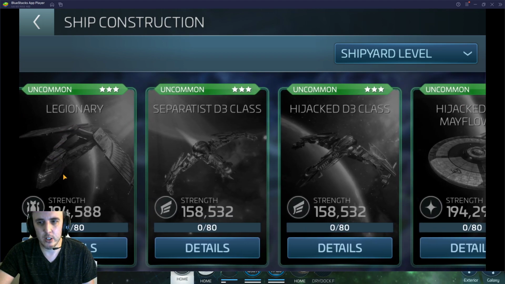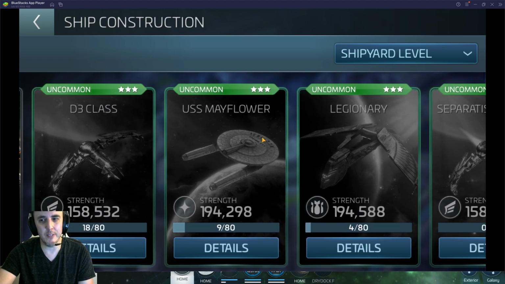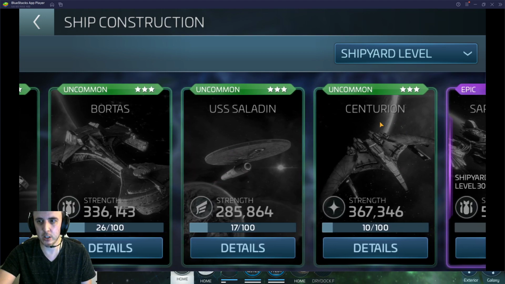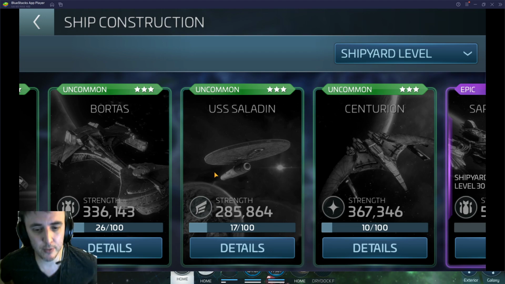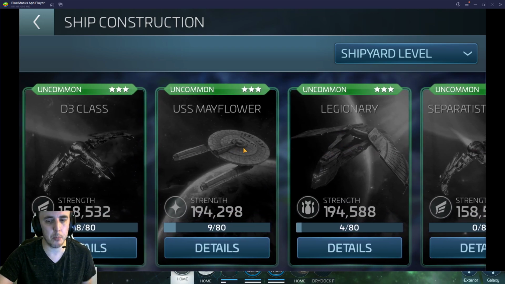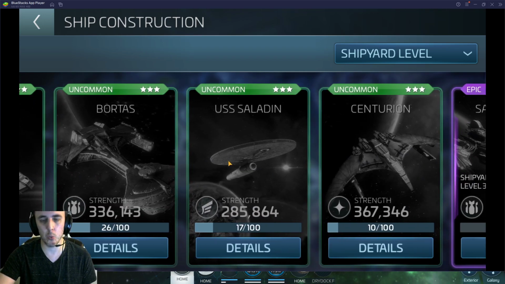When you get to 27, you know what, let me circle back, because I did say this, that you're not going to want to invest too heavily in this, because compared to the 28s, there's a pretty big power difference here. The 28 ships, your Bortas, your Saladin, your Centurion, you can see their base power starts significantly higher. These cost more resources to upgrade them, but they do have a higher starting power. They will have a higher ending power. A maxed out Legionary Mayflower might only get to 900 or 1 million, whereas one of these ships here will get to about 1.5 million